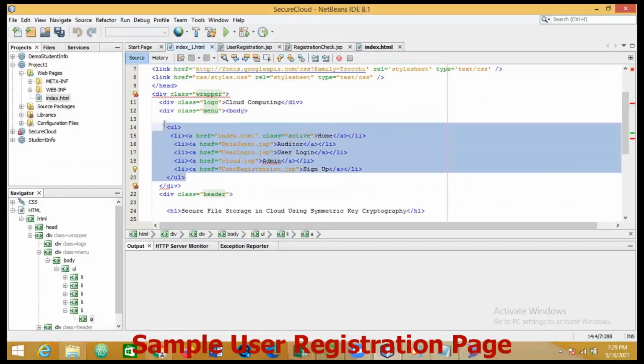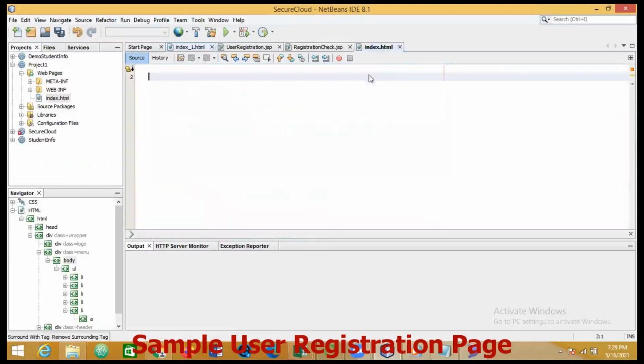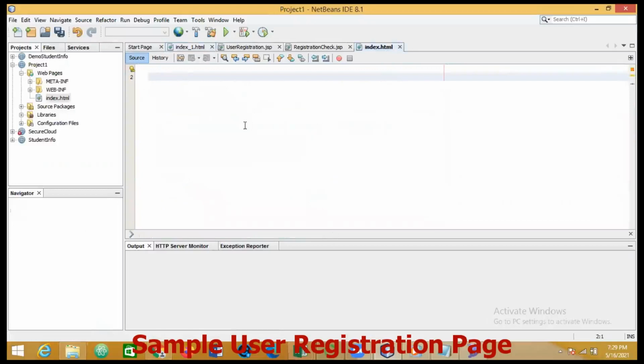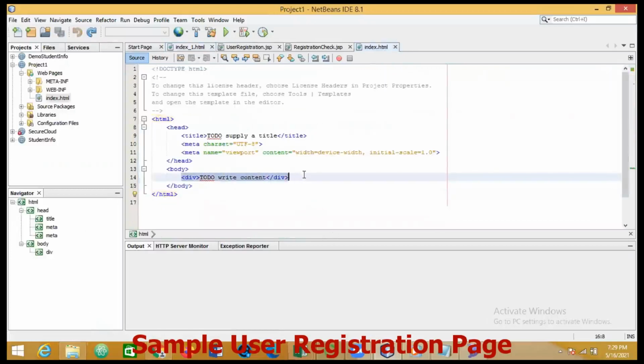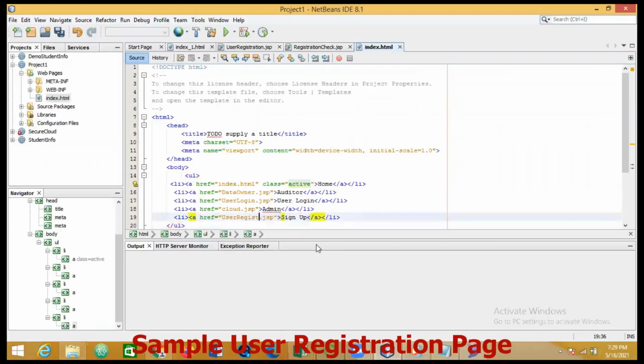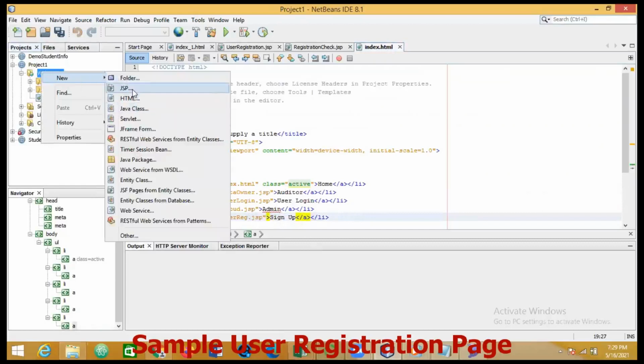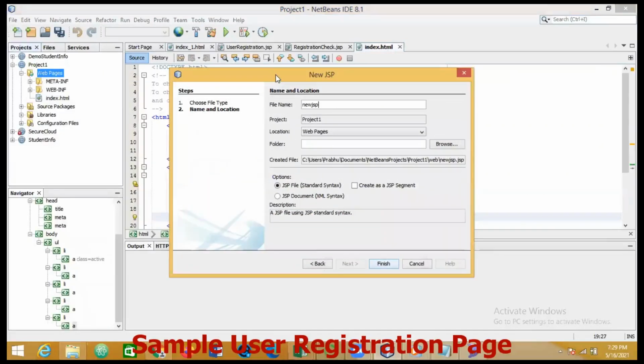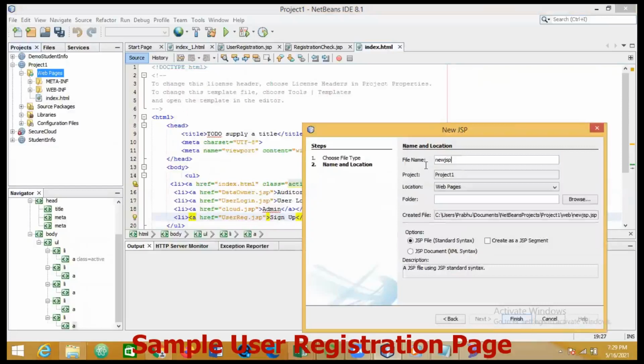This is all the pages I needed in order list. Okay, order list. Here I just created those pages. The first page is user reg.jsp. I just change the name to the user reg.jsp page. So now I just go create it, right click, new, JSP page. Caps means caps, need to write it properly.